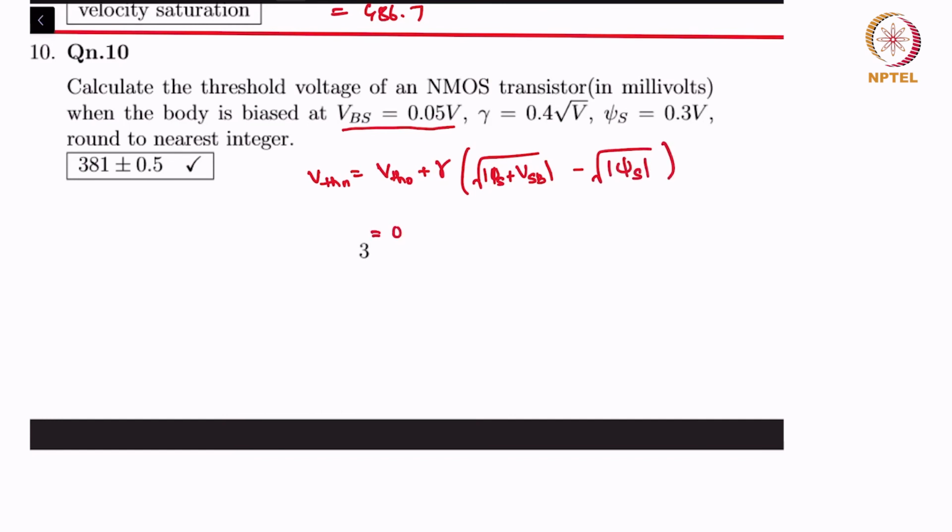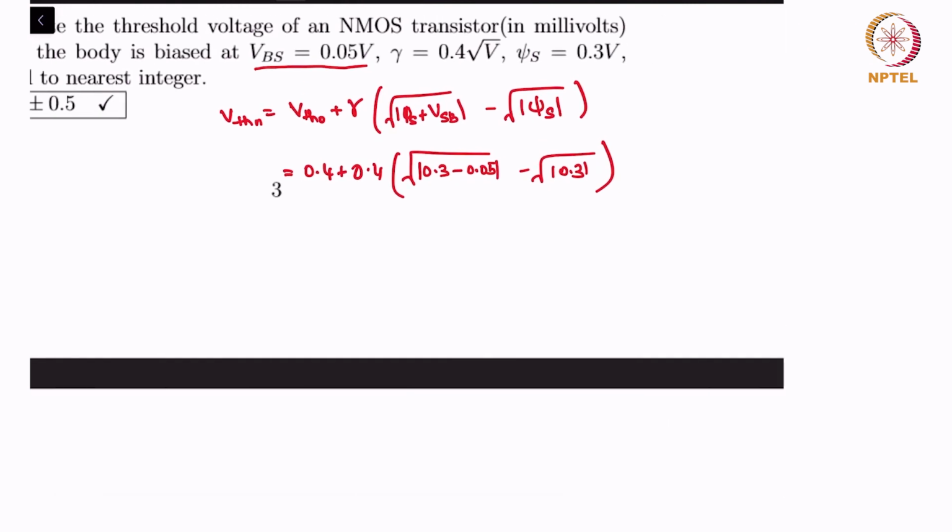So this is equal to 0.4 plus 0.4 times square root of 0.3 minus 0.05 with psi s of 0.3, right? So this is equal to 0.4 plus 0.4 times square root of 0.25 minus square root of 0.3,